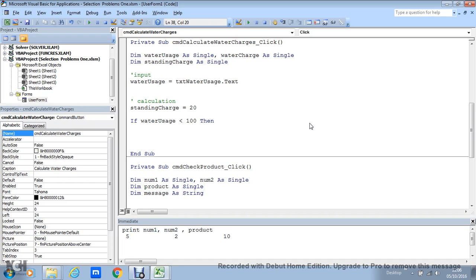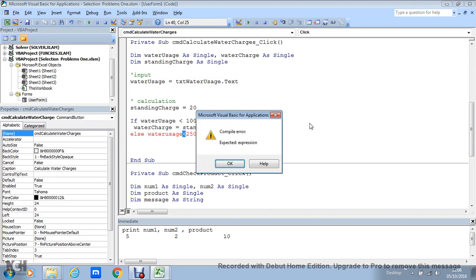Then for the water usage, if the water usage is less than 100, the water charge is equal to the standing charge, and just the standing charge, because there's no charge for the water. Else, if the water usage is, you go to the next value and it's less than 250, then